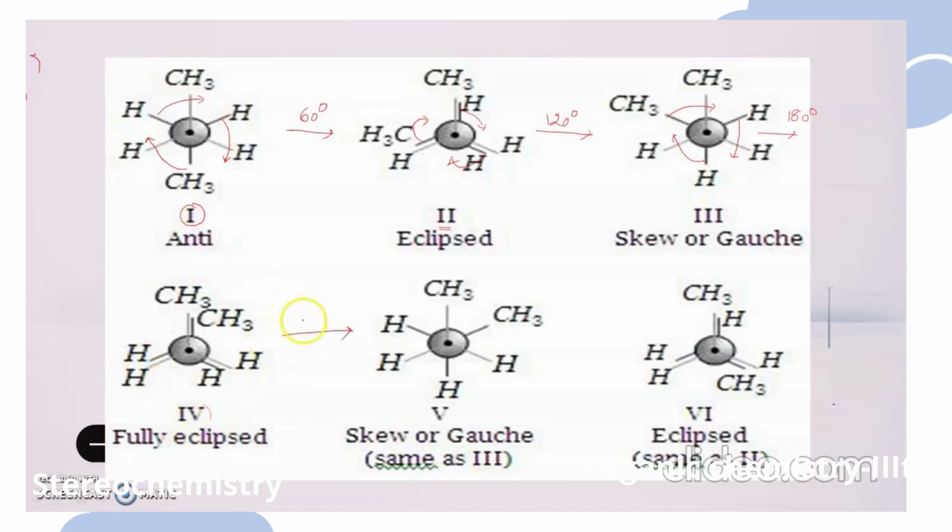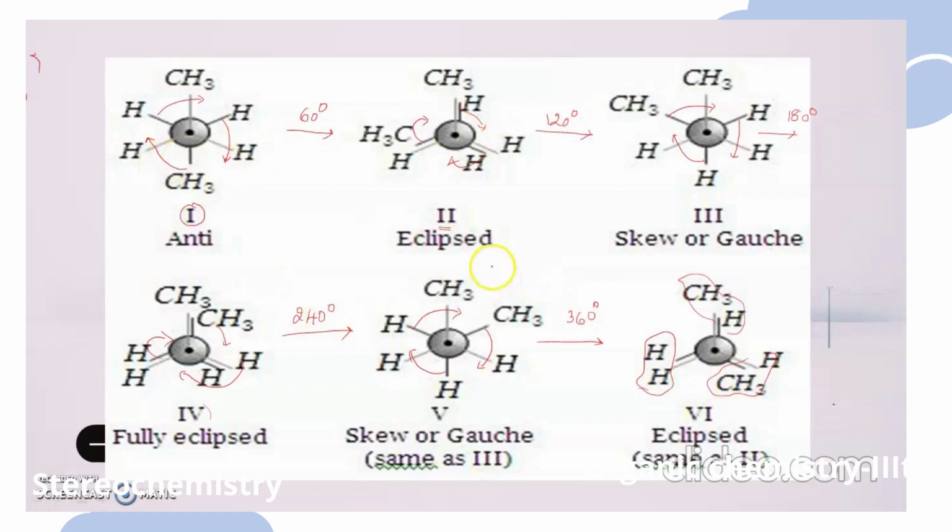And let's suppose that it is again rotated to an angle of 240 degrees, right? Now again, this group comes here, this group comes here, and this group comes here. So this is the conformer structure that you are going to get if it is further rotated to an angle of 240 degrees. And if it is further rotated to an angle of 360 degrees, again eclipsing occurs where this hydrogen comes here, methyl group comes here, and this hydrogen goes here. So this is the conformer that you are going to get where your methyl and hydrogen are closely packed. Here also methyl and hydrogen are closely packed, and the two hydrogens are closely packed. So these are the 6 conformational isomers of butane.